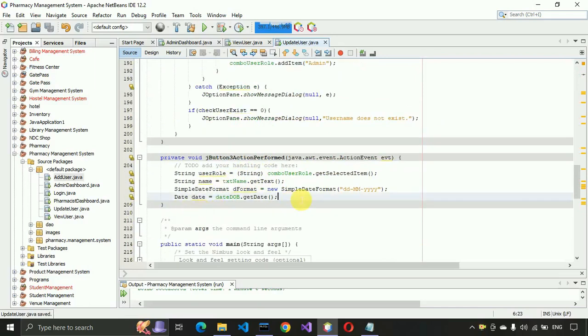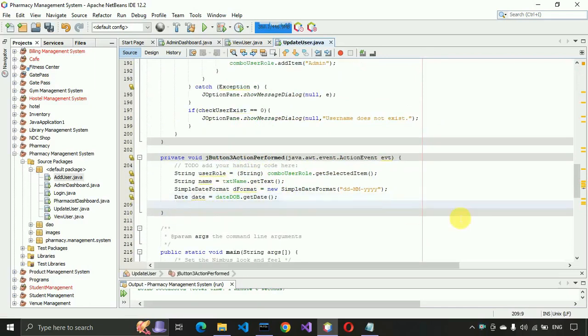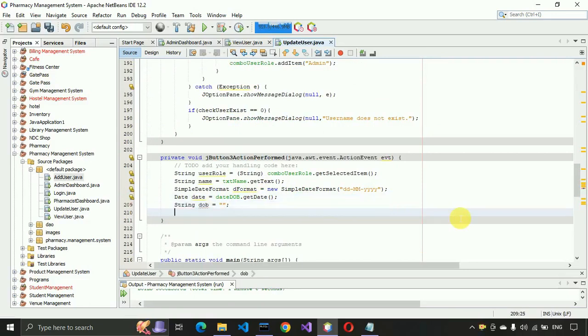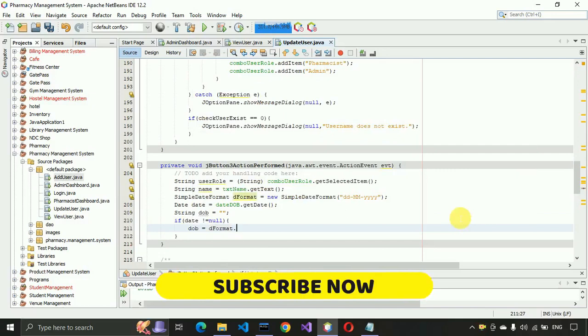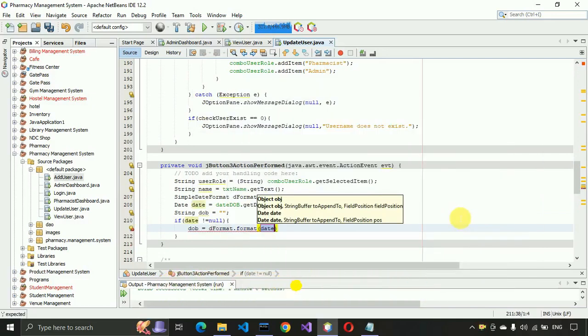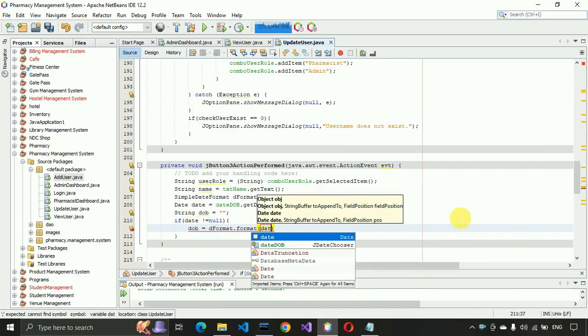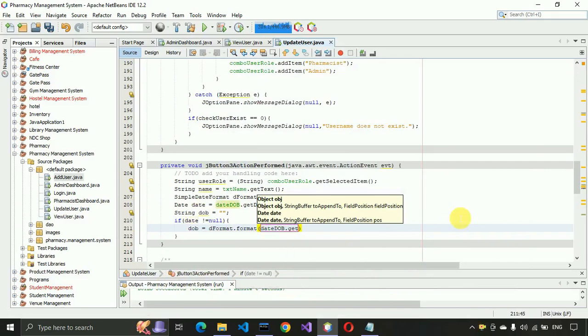So we will get resolved, and after that string dob is equal to double quotes, and if date is not equal to null, then we are going to pass the dob is equal to dformat dot format, then date dob dot get date,